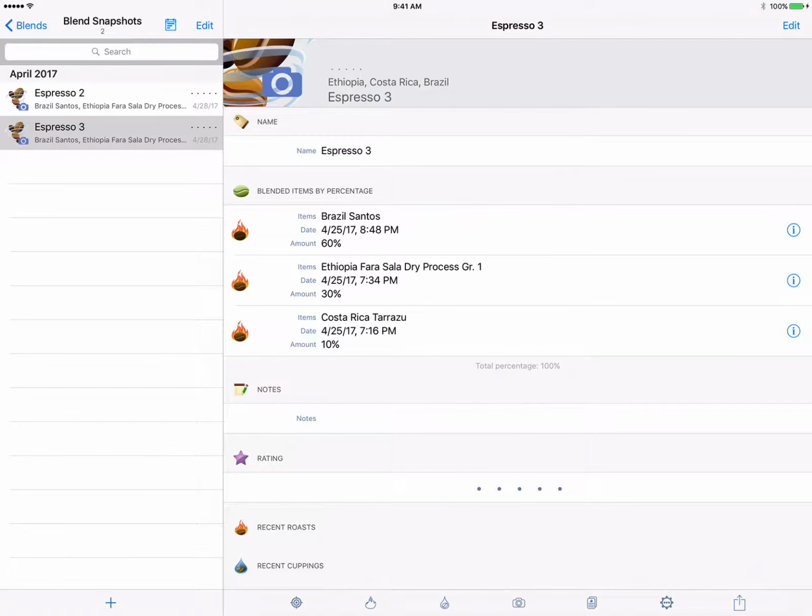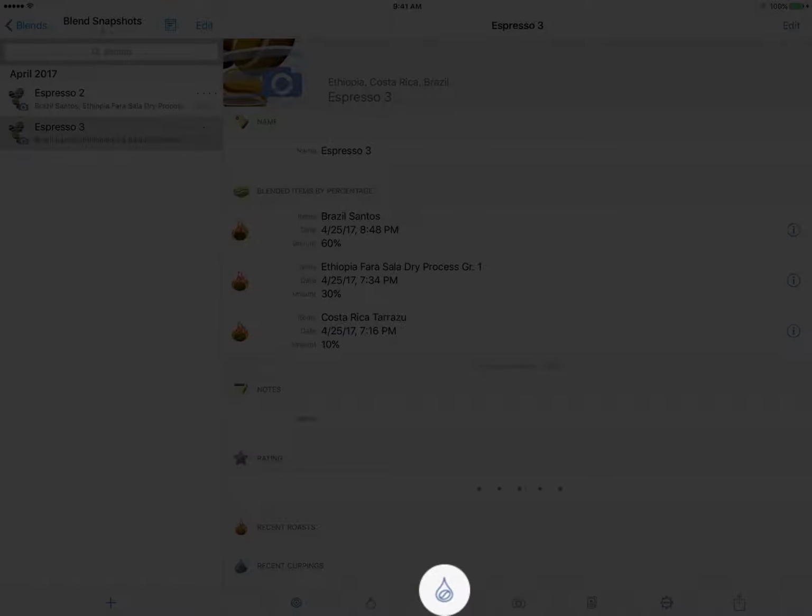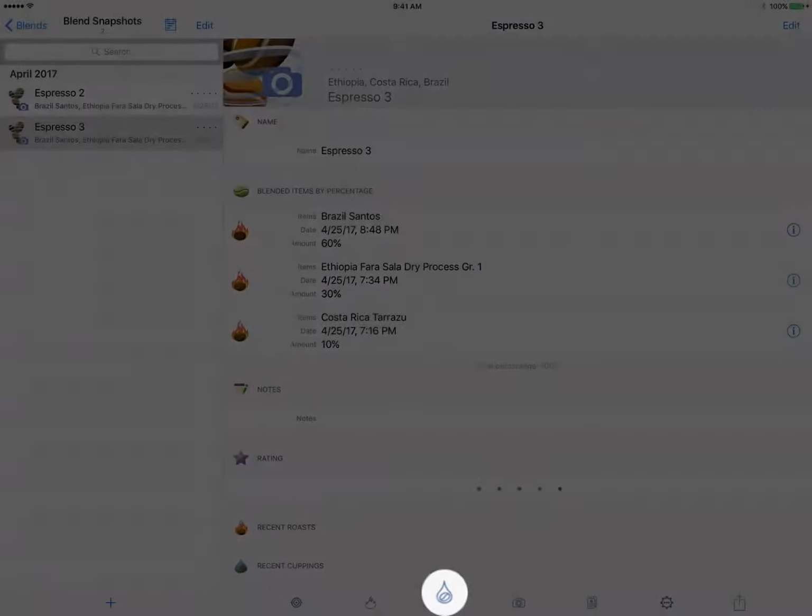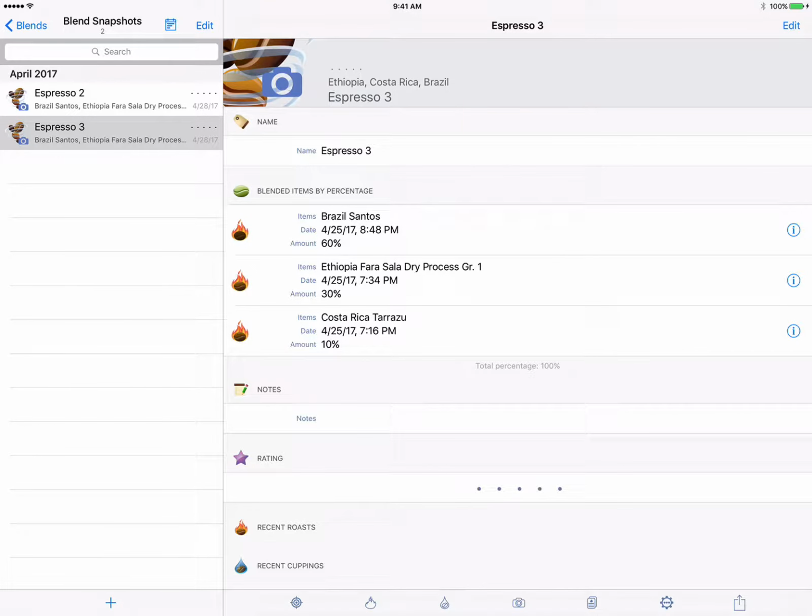And we are ready to cup. At this point, we could easily create the cuppings here by tapping the cupping button in the details view of each of these blends. But I want to show you something unique about snapshots and their flexibility in Roastmaster. So let's navigate to the cupping section